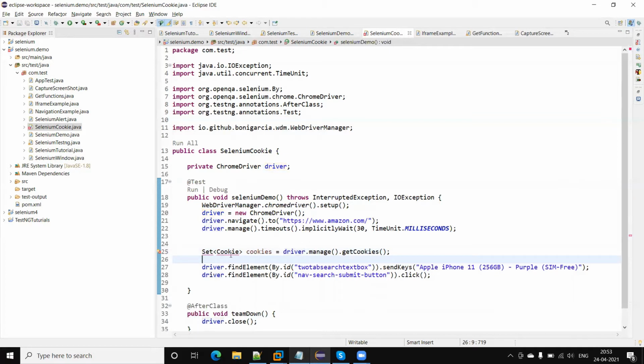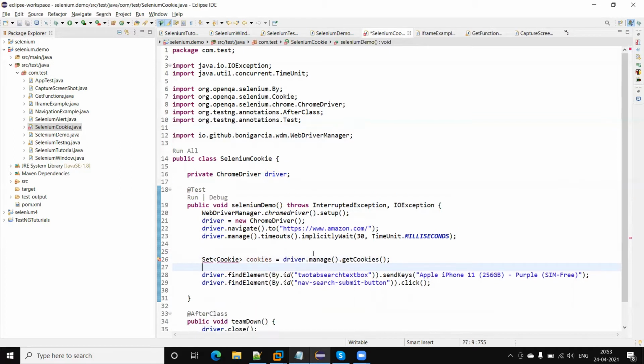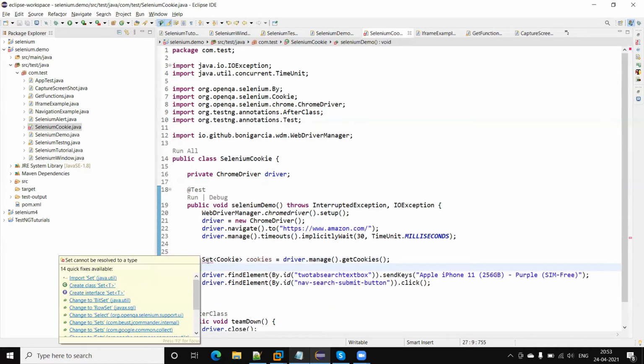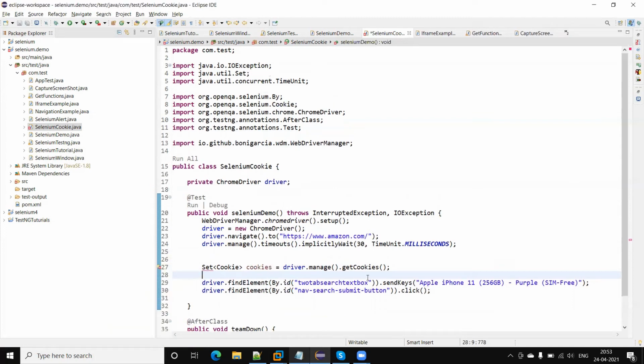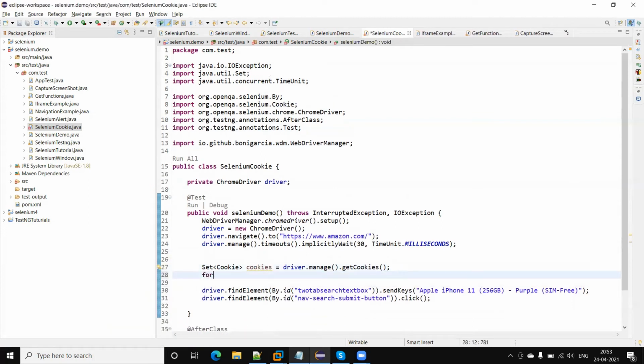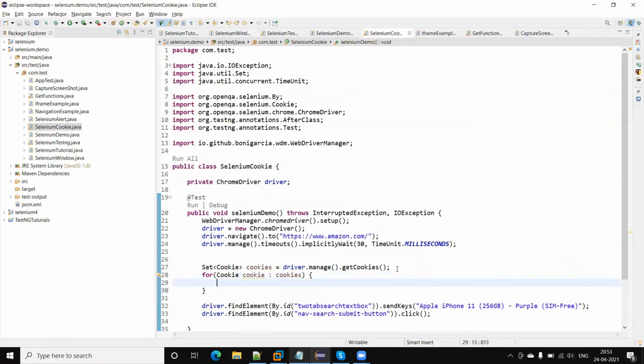If I run this, it will retrieve the cookies from the browser, and now I can iterate over them using a for-each loop. Let me print the cookies.